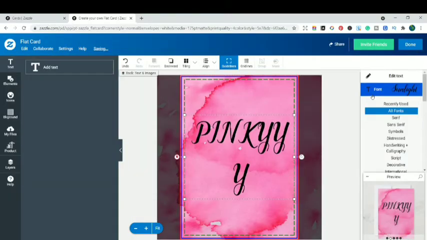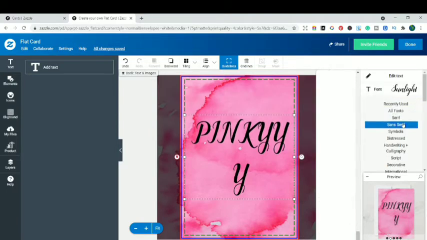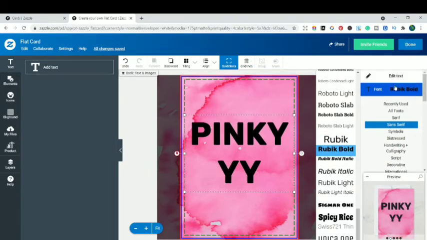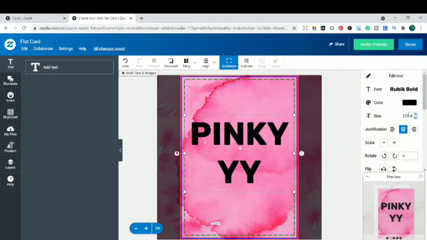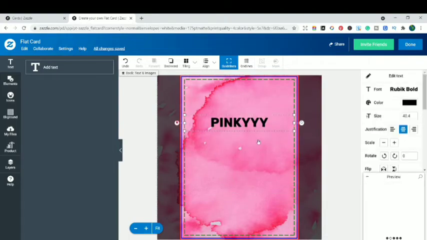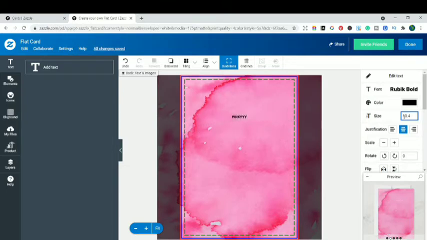Anyways, you can do it the way you want. I'm going to change its font, so sans serif. Probably going with Rubik Bold, because I think Rubik Bold will look good. Then I need to decrease the size because I don't want it to be 100. Maybe 40. Let's see how it's looking. Wait a minute, guys. Oh, I need to decrease it again because it's still too big, and I don't want it that big because the brand logo and brand name are not that big. Probably you can increase it a bit, maybe 20, and see how it looks. Okay, 20 is fine. Or you can even decrease it more and just keep your brand name over here.